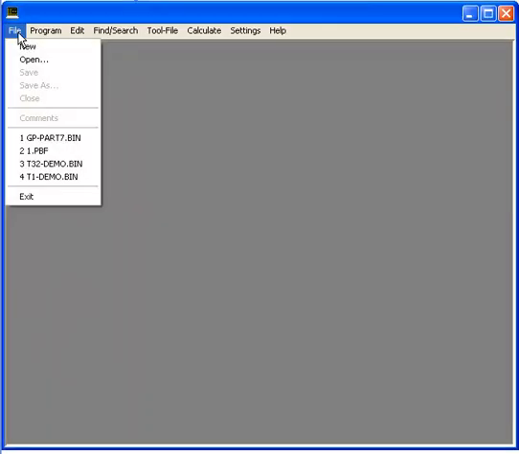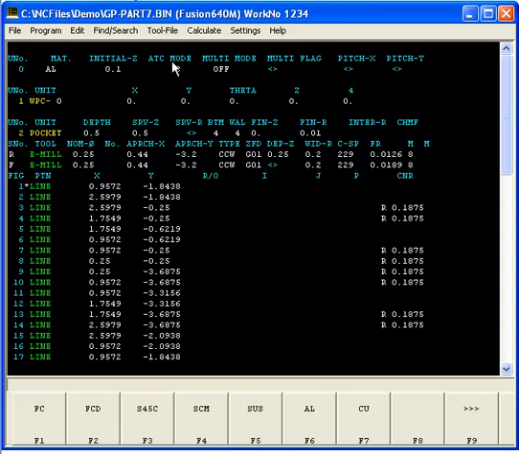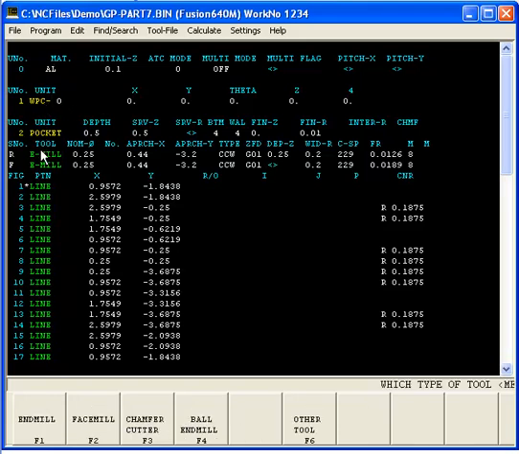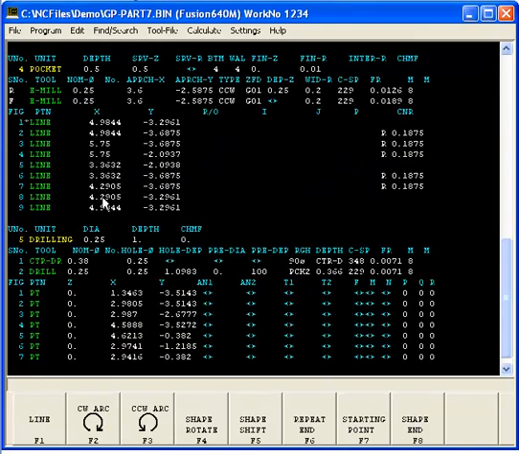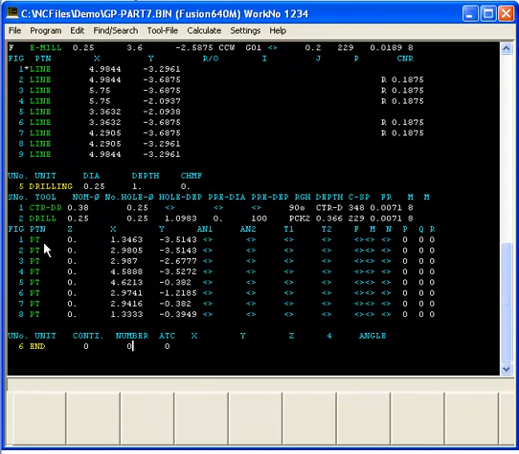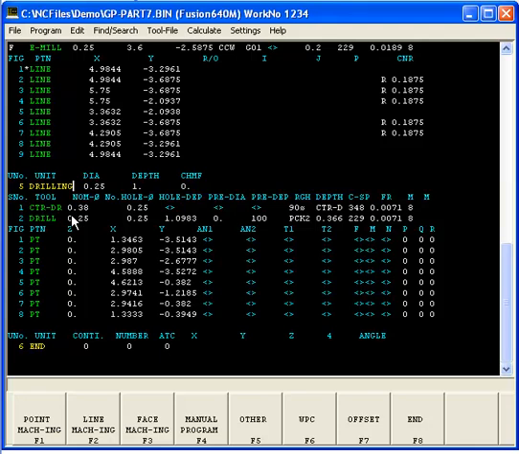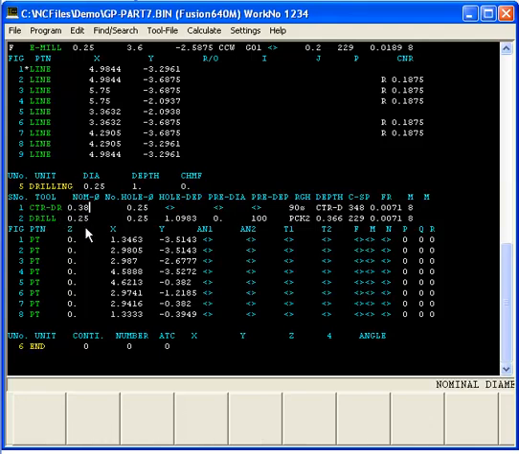Let's look at some example mills. For example, here we've got a Fusion 640M mill program. Got your WPC, pocket, and mills, face mills, all this kind of a thing. And so let's take a look at, here's our drilling operation here. And let's say we want to change that tool to a 0.25 spot drill, put a B on it, whatever information you might want to have.